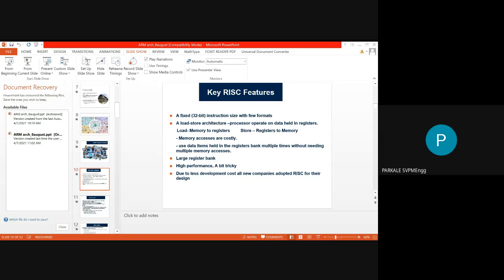I hope you understood these 2 or 3 points. Before we start the next point, just give me some confirmation whether you understood these 3 points or not. If you have any questions regarding these 3 points, you can unmute yourself, or you can put your question into the chat box also.